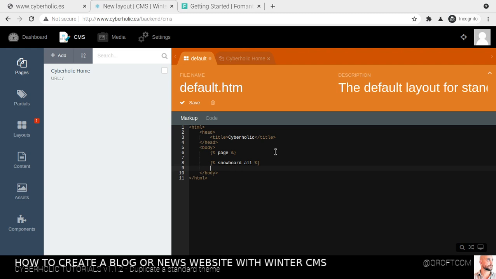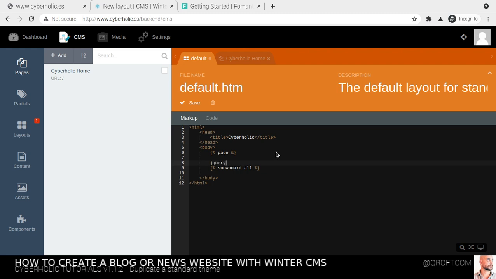imagine it like jQuery on steroids, if I understood it correctly from the Discord channel, because I asked them, hey, what is Snowboard? I just found out about it. And in the documentation, you can see it. It's just like that you can extend plugins super easy. One important thing that I learned, I think it was from Luke Towers from the Discord channel, is that nevertheless you have to include in here